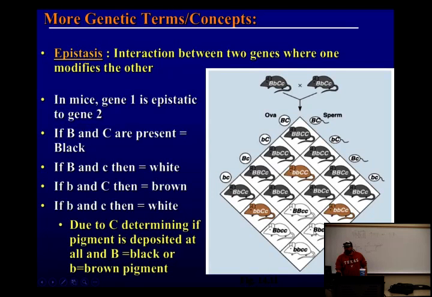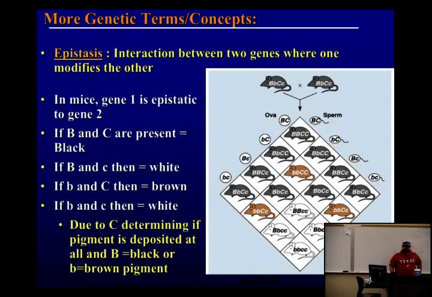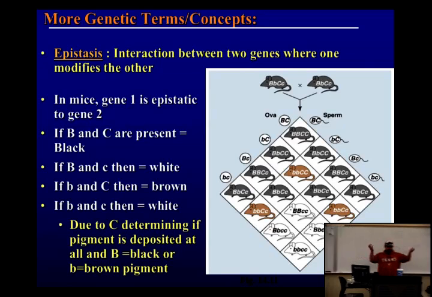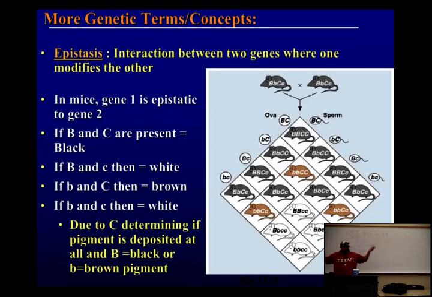4 white. That tells you that two genes are working together to produce a product. So you could have two black labs that are heterozygous, and you would expect a 9 to 3 to 4 ratio of black to brown to yellow. How many black ones should you get if they had 16 puppies? 9 black. How many brown ones? 3. And how many yellow ones? 4.